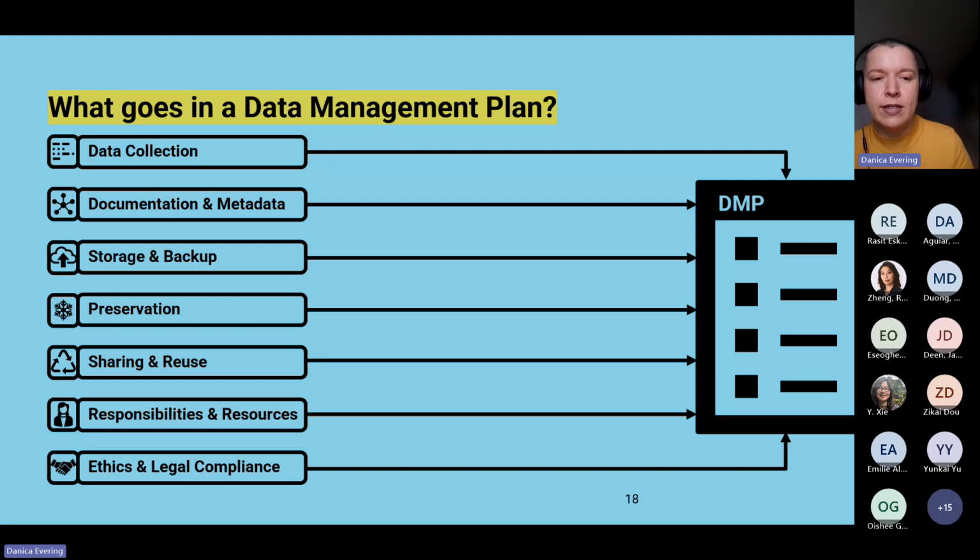Responsibilities and resources is a really important section that often researchers will miss. And so this is asking you who will be responsible for the data in the long term overall. So if you are storing data for 5 years, who will be responsible for that? If they have to step back for whatever reason, if they break a leg or move to another country or go to a different institution, who will hold the responsibility there?